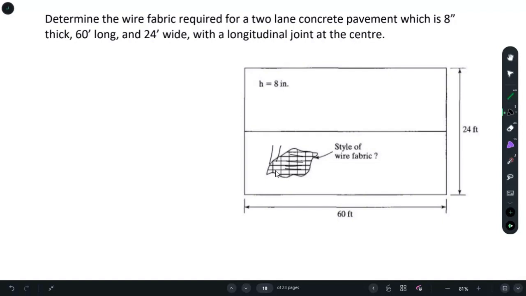As we all know, concrete is weak in tension, and we do not provide any sort of tension in concrete structure. We provide reinforcement so that we can withstand the tension that is coming on the structure. So the amount of tension that can occur on a concrete pavement is equal to the frictional force, which is